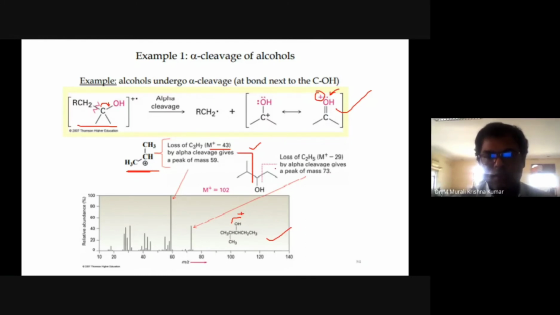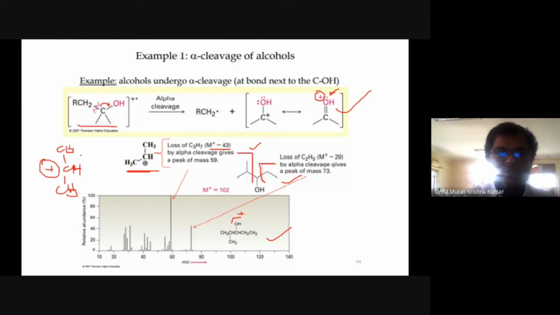And the second one is you can have loss of this one also. You may ask me a question, sir, you said bigger ions are going to be formed and other fragments are not formed. Here if you see CH3, CH, CH3, formation of this secondary carbocation is favored. That's the reason why Stevenson's rule does not apply to carbocation formation, where we need to take into consideration ionization energy.